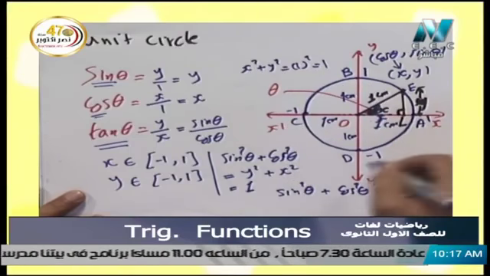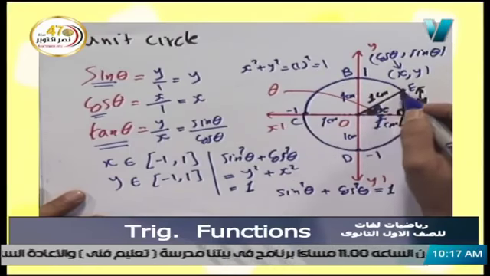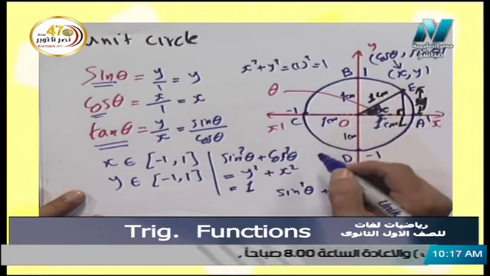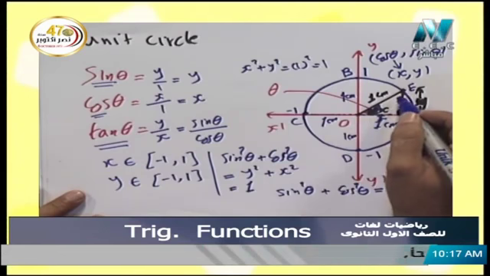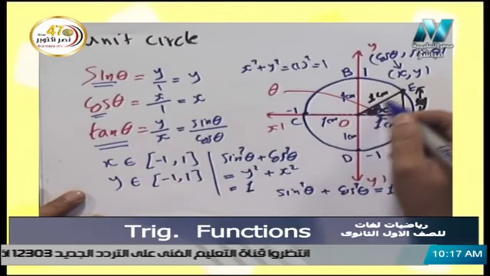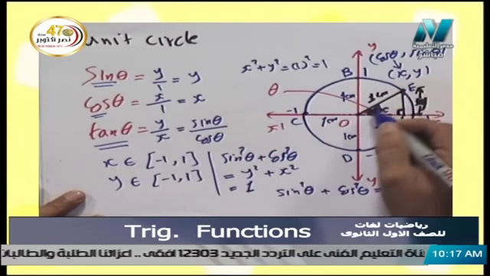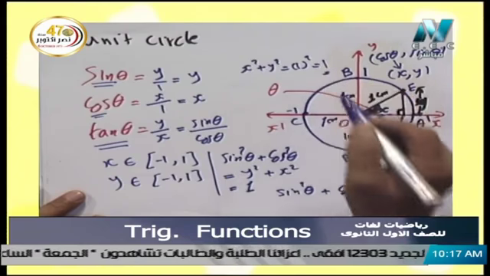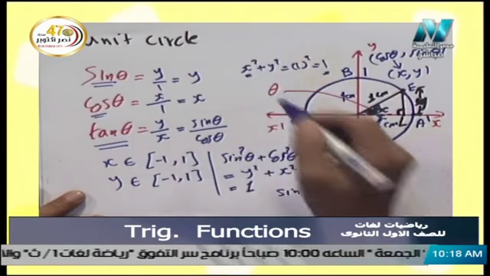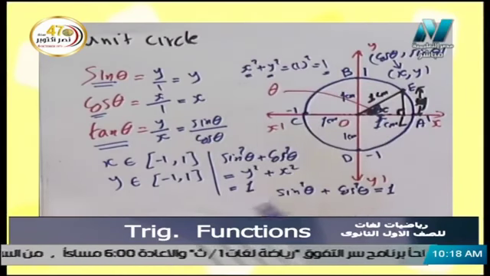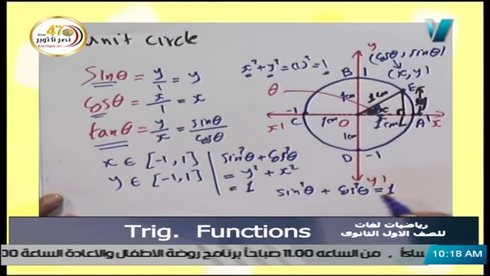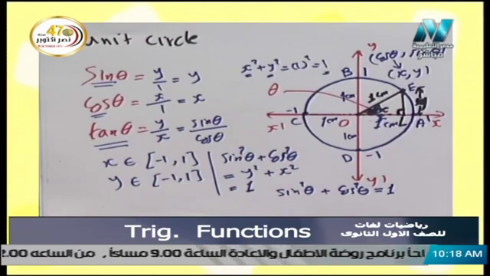So from the unit circle, which is OE, made as 1 unit in the right angle triangle ELO, we will apply Pythagoras theorem here. So y power 2 plus x power 2 equals EO power 2, which is 1. So x power 2 plus y power 2 equals 1. What's x power 2? It's cosine power 2. What is y power 2? It's sine power 2. So we deduce now that sine power 2 theta plus cosine power 2 theta equals 1. Okay,